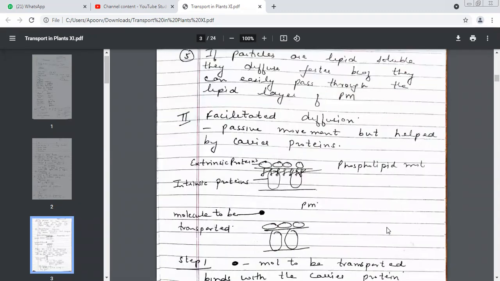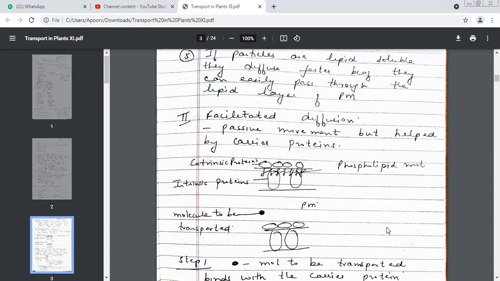Directly. I gave you an example of surface area. In our human lungs, we have the alveoli. How much area do alveoli give? About 100 meters square. Very good. Then there is another factor, that is solubility in lipids. Why do we need solubility in lipids? Because the plasma membrane has a bilayer of lipids. So any particle which has to enter the plasma membrane has to cross that layer of lipids also.